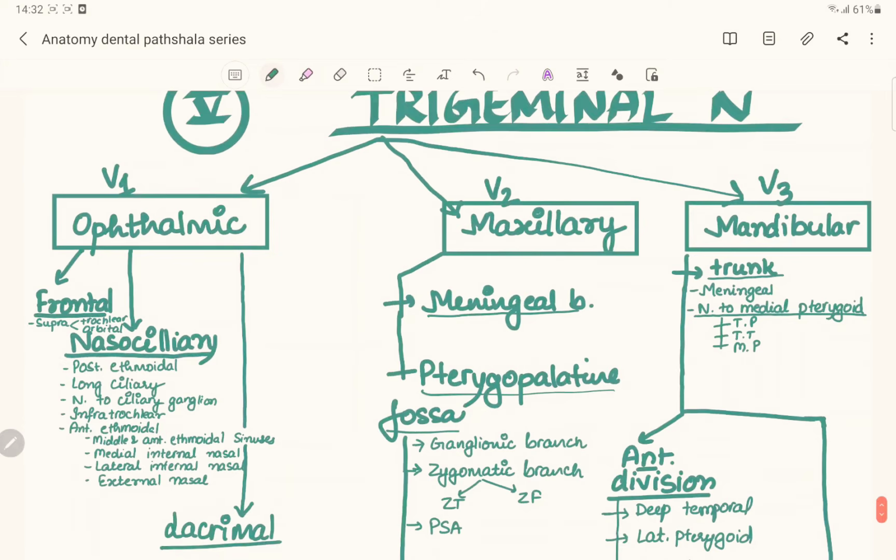If we see the frontal nerve, it gives off two branches again: the supratrochlear, which is above the upper eyelid; it supplies the conjunctiva as well as the lower part of the forehead. Supraorbital, which is again on the upper eyelid, is going to supply the upper eyelid, the frontal air sinuses, the scalp up till the vertex, and the forehead.